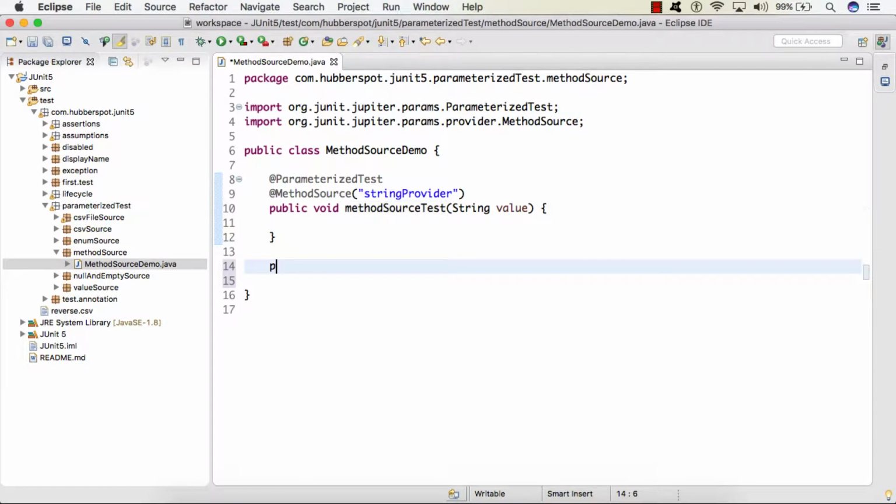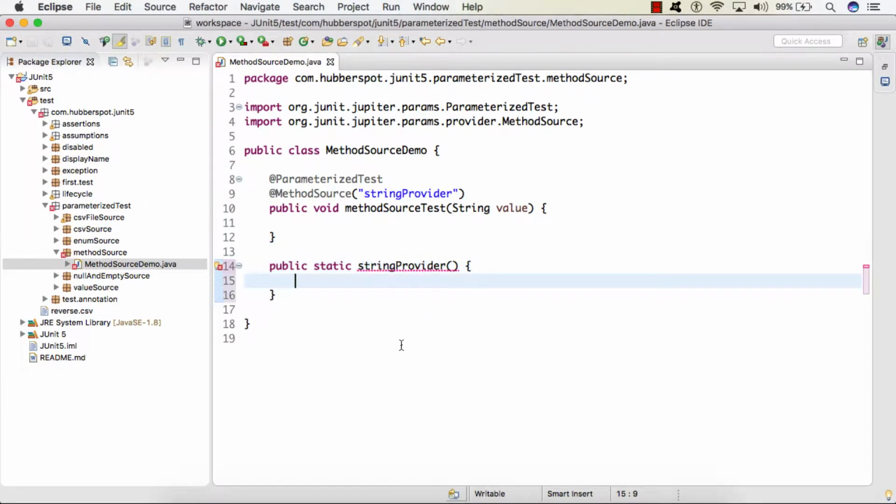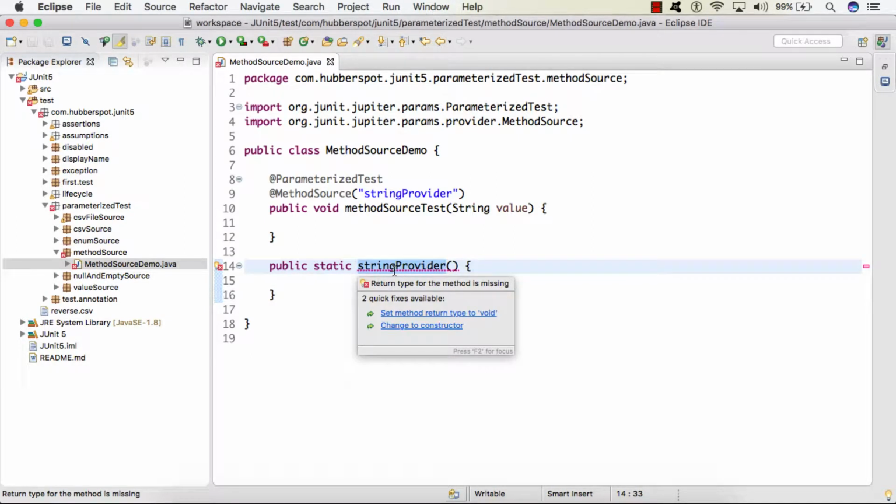So here I simply create a static method as stringProvider, and we also discussed that the return type of the stringProvider should be either a stream, iterator, iterable, or an array.